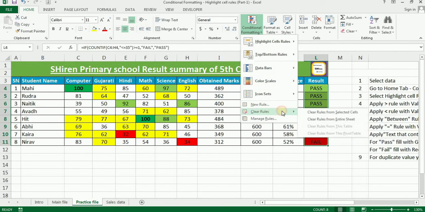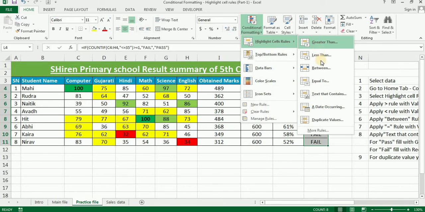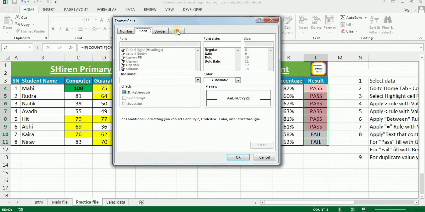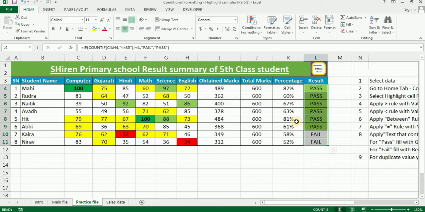Let me first clear it from these cells. Now I'm going to Highlight Cell Rules and then Text That Contains. Whatever text is available in the cell, I have to mention the same, and if it is in capitals, I have to follow the same thing so that it will be applied. For Pass, I'm creating a custom format with green fill and pressing OK.